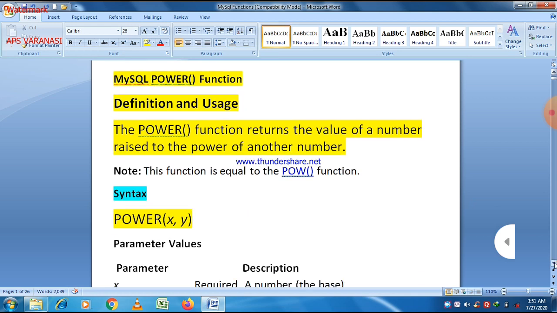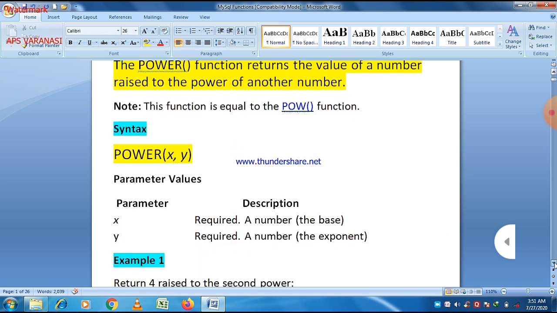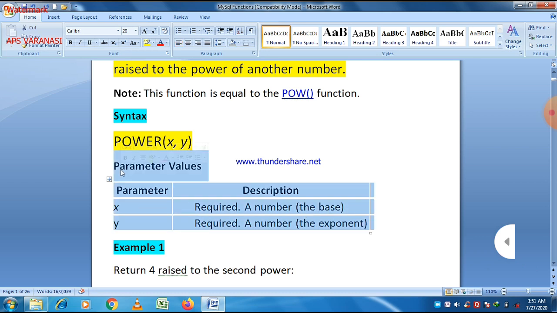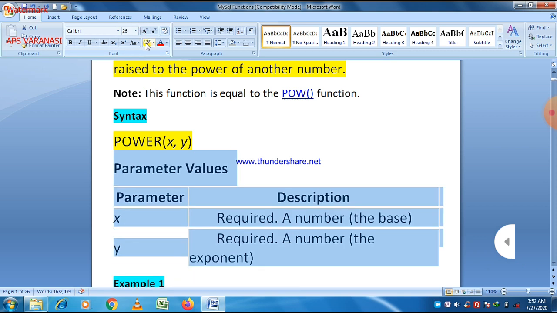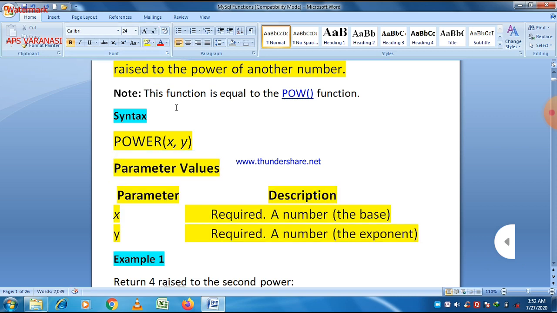If we want to find the power, we can write power x comma y, where x and y are the parameters. x is the required parameter and it is the base number, and y is another required parameter, called the exponent. So two numbers are required, base and exponent. Using the power function, only two parameters are required, x and y. x is the base and y is the exponent.